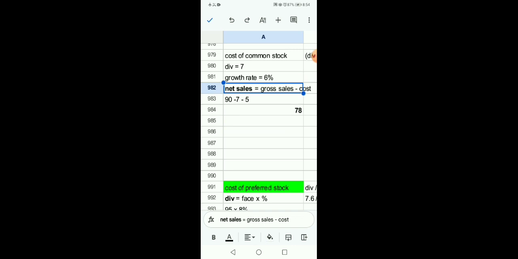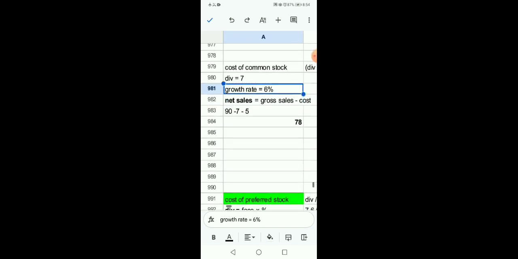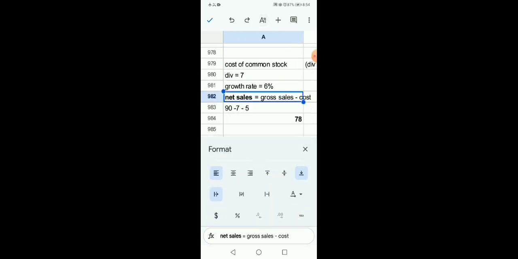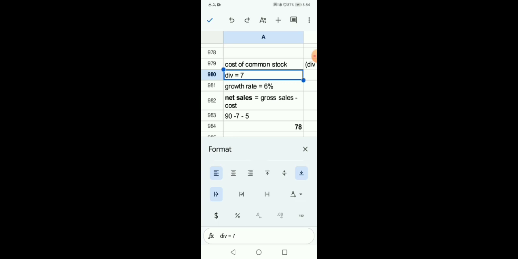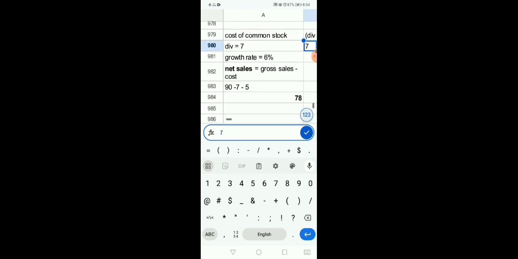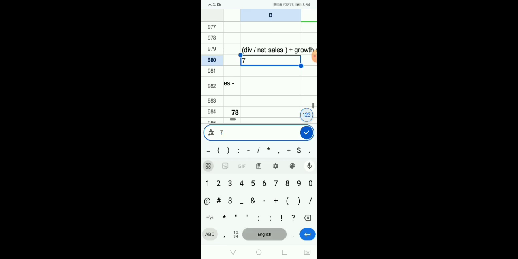Net sales 78, growth rate 6%, dividend 7. So this is what we need over here. Let me arrange this a little so that it does not go that side. Okay, so dividend we have calculated is 7. All right, and then divided by net sale, which is 78. All right, bracket on,